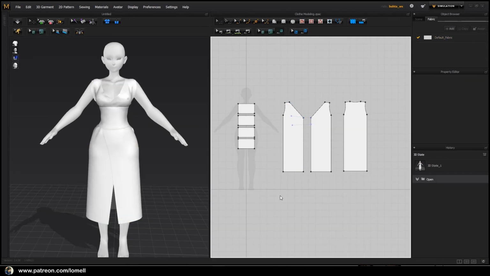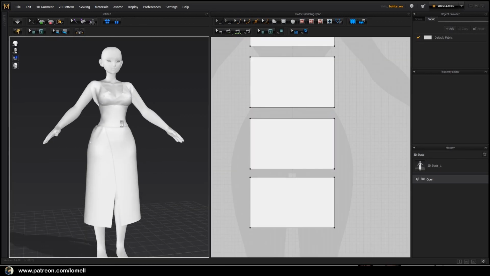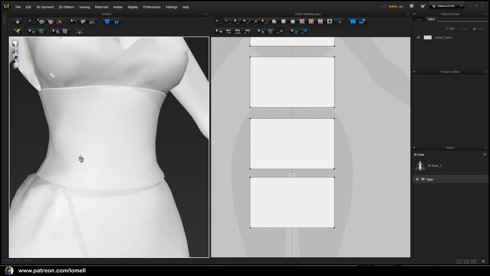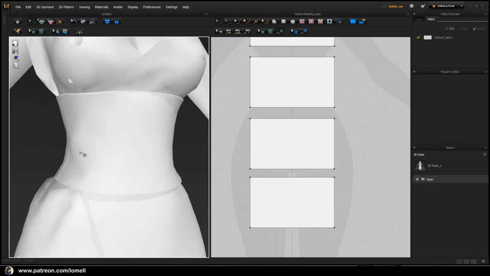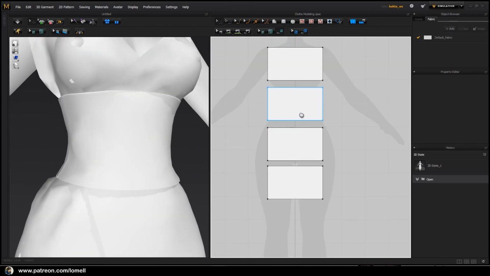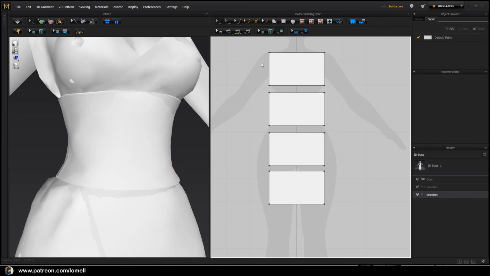Save. Now I forgot to create some details in here, because as you can see in our rendered image we have multiple colors in this area. Here we have a dark blue color and a lighter blue or purple color here, or a pink, I think. So let's do that. I'm going to cut this pattern